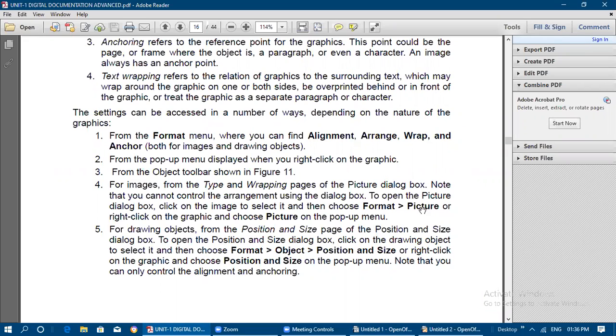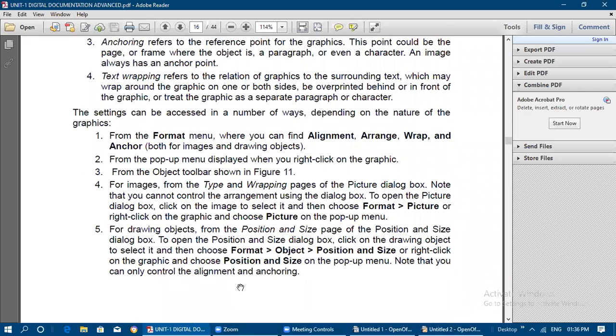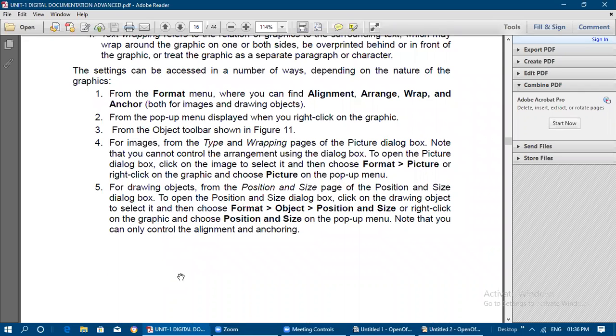For that, choose format picture, or right click on the graphic and choose picture on the pop-up menu. So this is how we can choose these settings, the procedure to get the text wrapping options or anchoring options. First, right click on the image and choose options like alignment, arrange, wrap or anchor, for both images and drawing objects. Or else, from the format menu, you can choose these options. Or else, format picture, and from the picture dialog box you can choose the